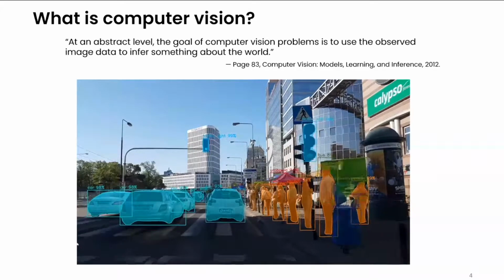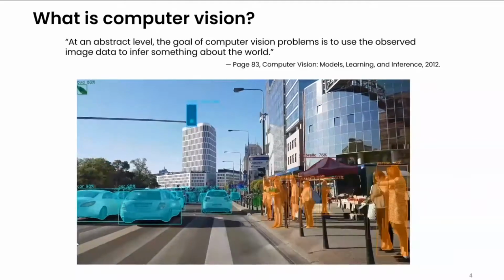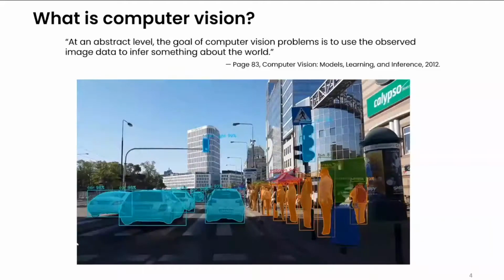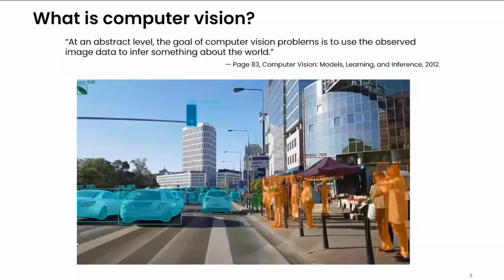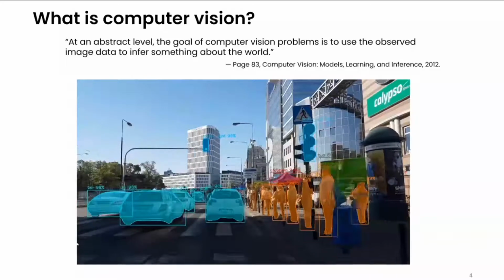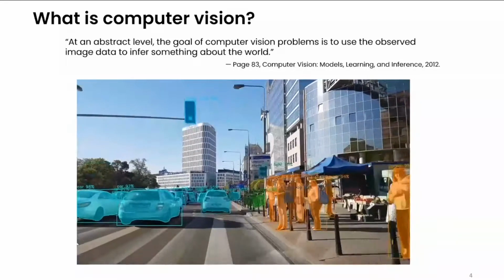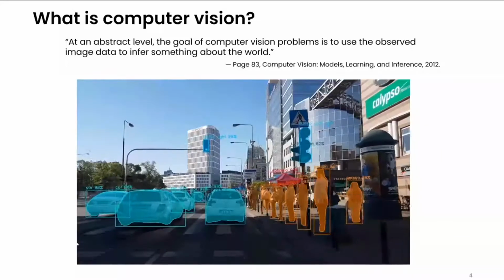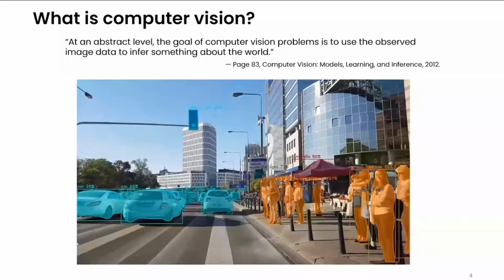Okay, so what is computer vision? It is a field of study that seeks to develop technologies to help computers see and understand the content of digital images. There are really two elements to it: the digital content and the algorithms to understand and interpret it. When you look at the video here, you naturally see buildings, cars, people, and other objects. The cars keep moving as the traffic light is green, and pedestrians are either walking or waiting on the sidewalk, and no one is walking across the street.